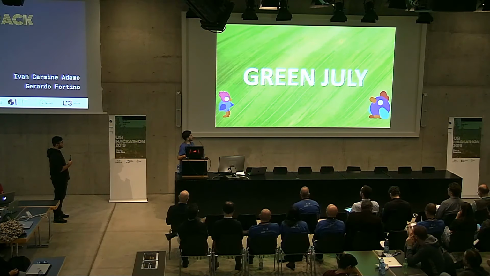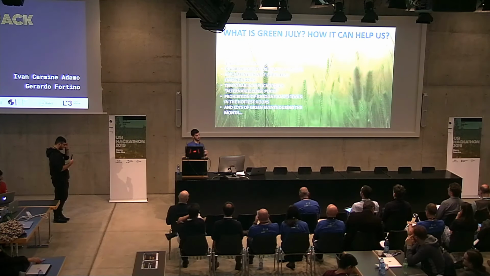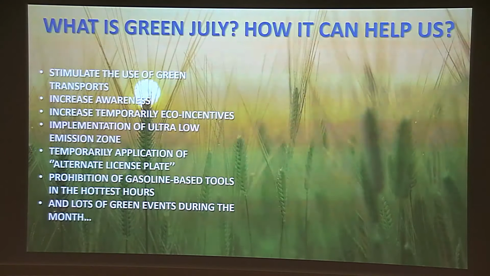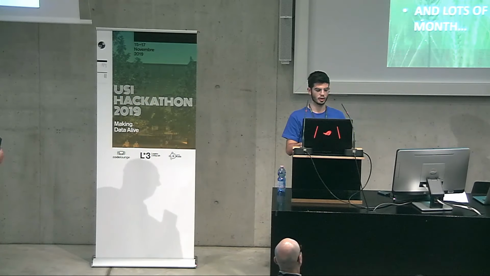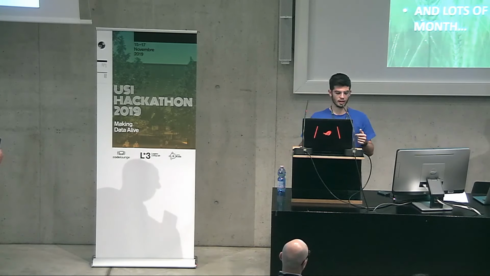Introducing Green July. Green July is an idea. We wanted to change the most dangerous month into the most ecological one, stimulating the use of green transport, like giving discounts to citizens, and increasing awareness, like installing banners with live information about the pollution of the city, or implementing temporary eco-incentives, ultra-low emission zones, and alternate license plates. But the most important things are the green events during this month, like